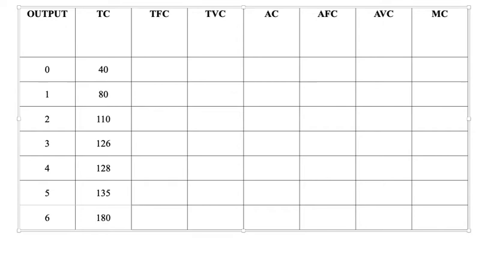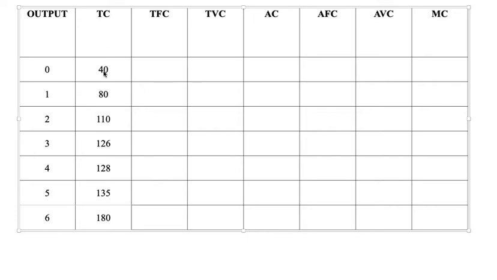Today, we are going to take one concept from managerial economics or business economics, which is cost analysis. And from that concept, we are going to calculate different costs based on the given information. We are given output and total cost. Output starts with 0 and goes on to 6 units, that is 0, 1, 2, 3, 4, 5 and 6. And we are given a total cost at these different output levels.